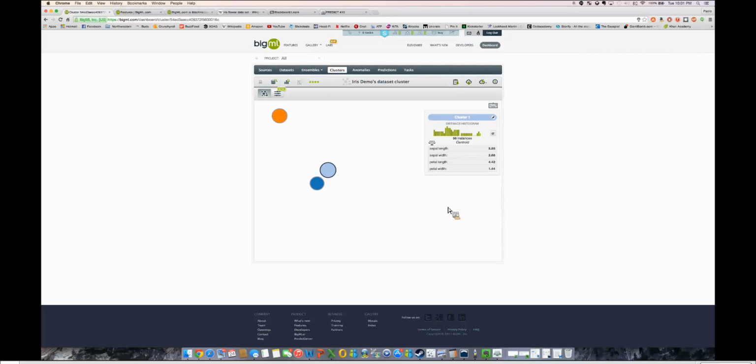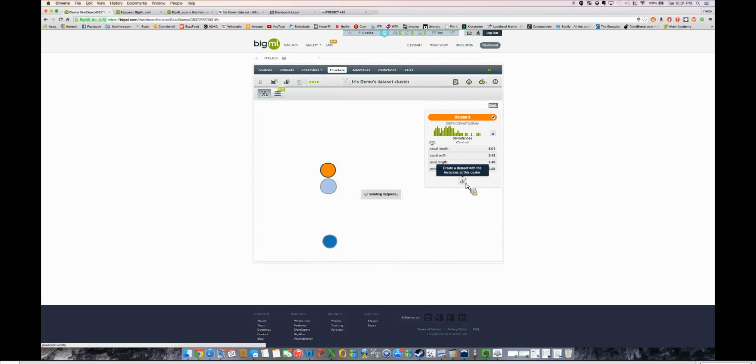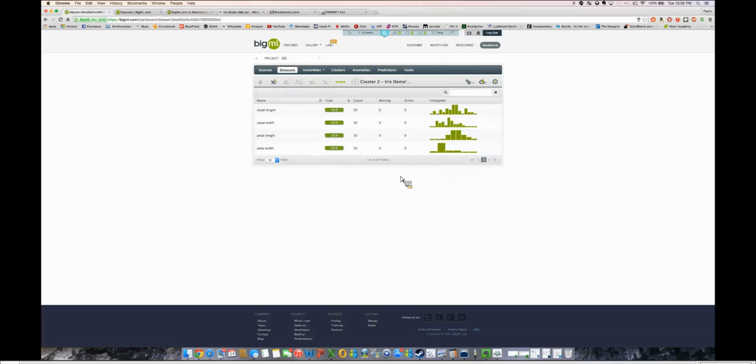So here we see our 3 clusters that we asked it to create. The distances are scaled to how far away they are from each other's centroids. The size of the spheres doesn't necessarily represent spatially where the data points are relative to each other. It's more of a scale of how many data points belong to that cluster. Also, the centroids themselves don't necessarily represent a data point. It's actually the center of this cluster. So we can go into each of these clusters and see